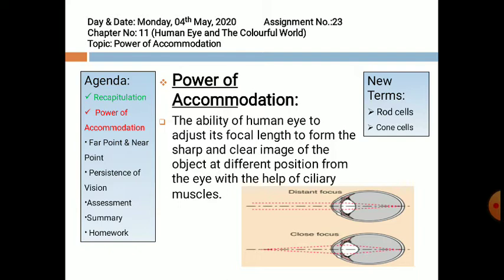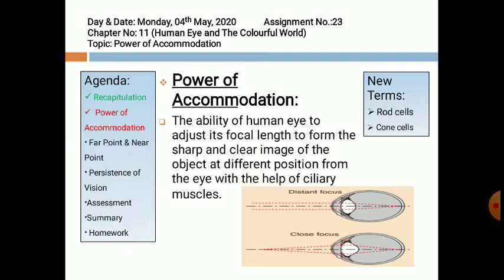As you can see in the picture, in the above figure, the incident rays are parallel to each other. That is, the object is at infinity, a very far away distant object. The light enters through the eye and after passing through the eye lens, it focuses at the retina. All the incident rays are joined at the retina and form the image at the retina. Now, when the image of a distant object is formed at the retina, the eye lens is relaxed.